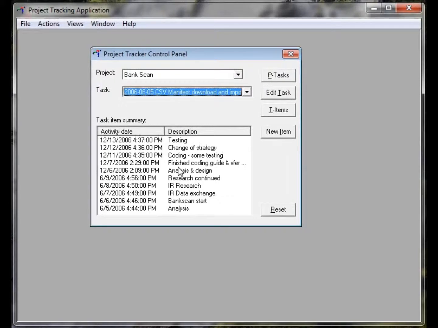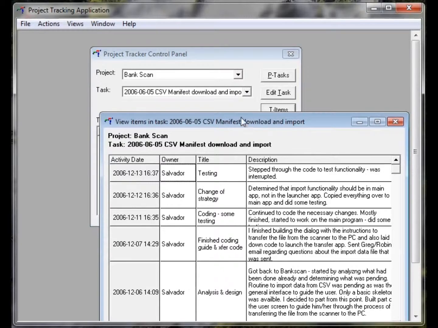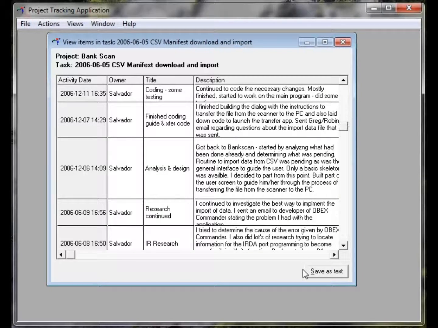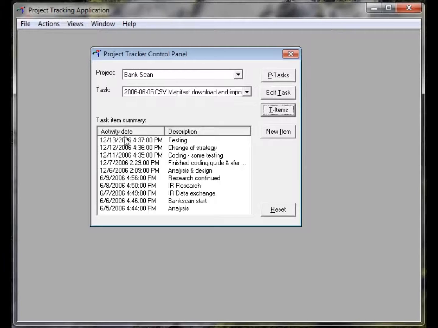So let's go with this one, and notice how more buttons enable, because now the T items, or the task items, are basically the items here in this list. Again, they're presented in a different format. So here I can look at the different items for a task, and I can actually save them as a text file. Down here you can see the different items, and like for instance I now have clicked one of these, so